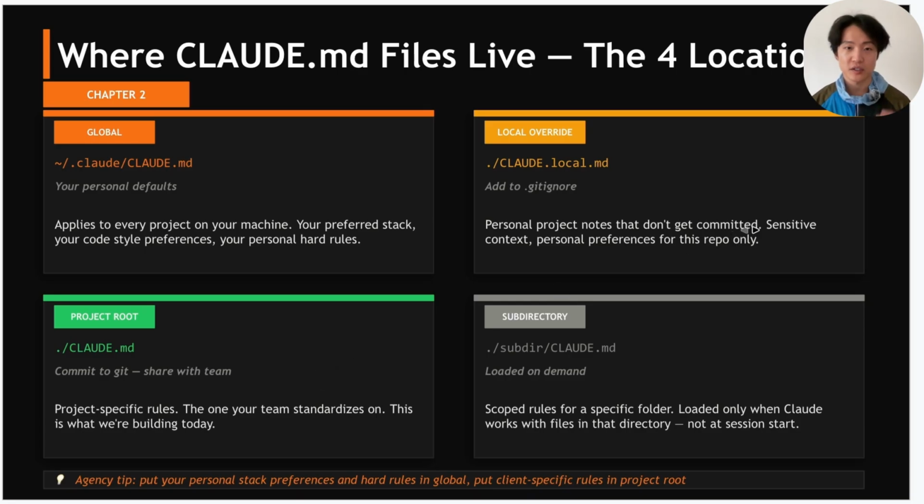There's also Claude local.md, but you add it to the Git ignore. So these are personal overrides, sensitive content, things that shouldn't be committed, things that should not be public. These are great for notes that are specific to how you're working on the project day to day. And then there is a subdirectory files. So it's scoped to a specific folder, loaded on demand when Claude works with files in that directory. These are scoped rules for a specific folder, and these are only relevant when Claude works with files in